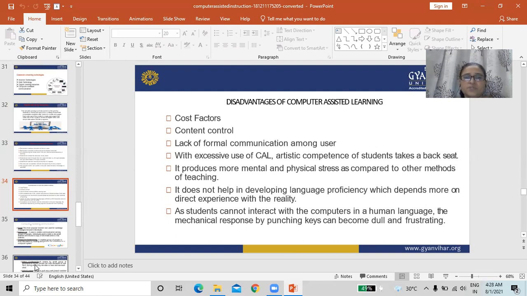Content control: there is no control of content, so a lack of formal communication among users, with excessive use of CAL,